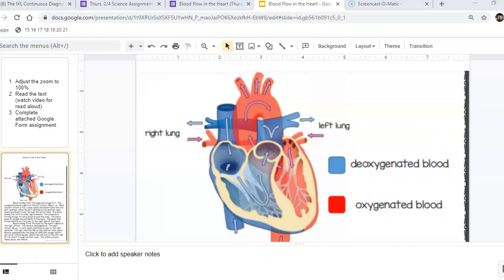All right? So this is the heart. And for those of you who weren't here Tuesday, you're probably going, well, why does that say right lung? And that says left lung when this is the right side of my screen and this is the left side of my screen. Well, the reason is you have to think about this as somebody's heart and that somebody is